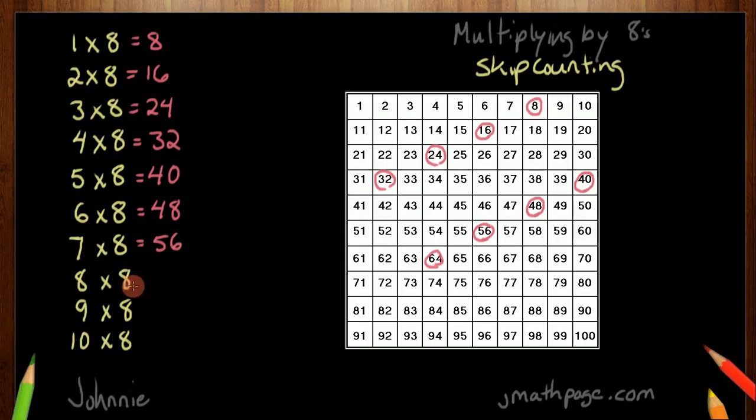So 8 skip counted 8 times, or 8 times 8, takes us to 64. What about 9 times 8, or 8 skip counted 9 times? Let's count. 1,